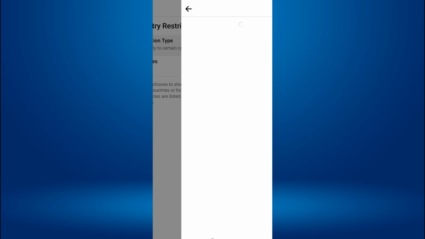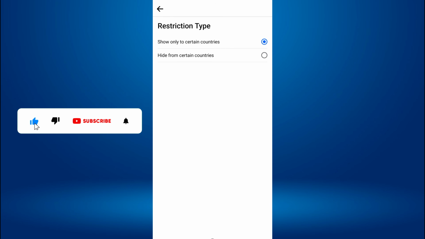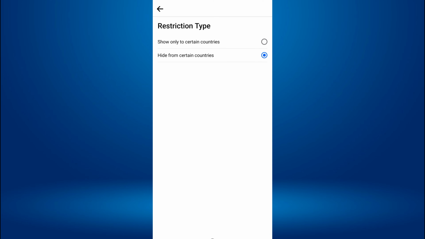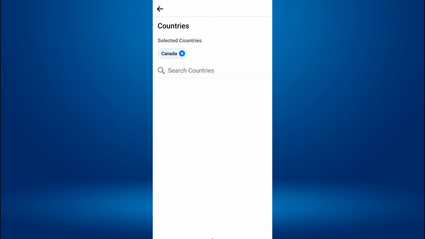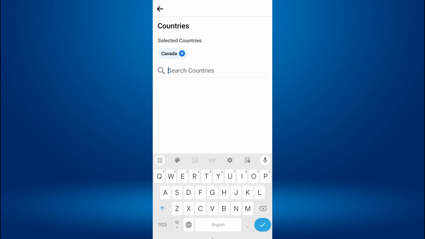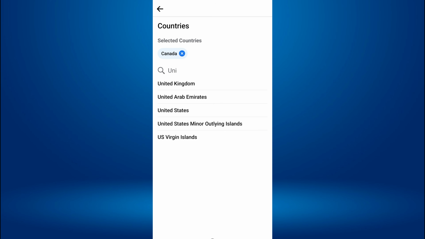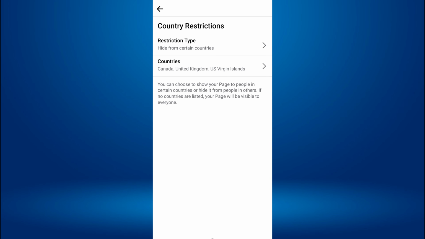Tap on Restriction Type. You'll see two options: Show only to certain countries or Hide from certain countries. Choose Hide from certain countries. After selecting it, go back to the previous screen and tap on Countries. Search for and select the countries you want to block or restrict from accessing your page. Once you've added all the countries you want to block, tap the back icon to save changes and apply the